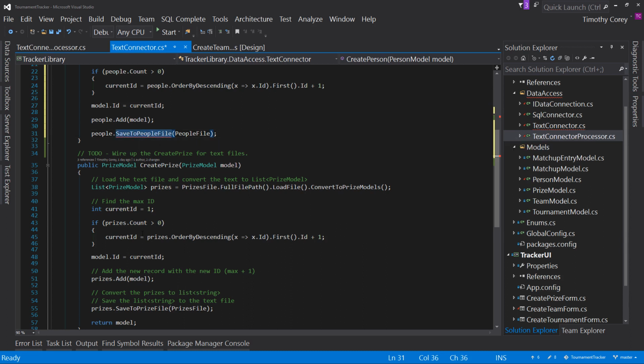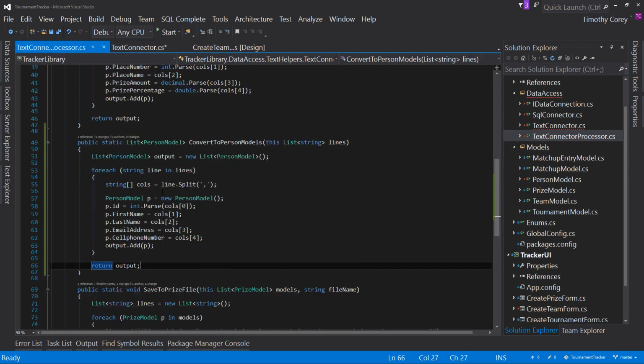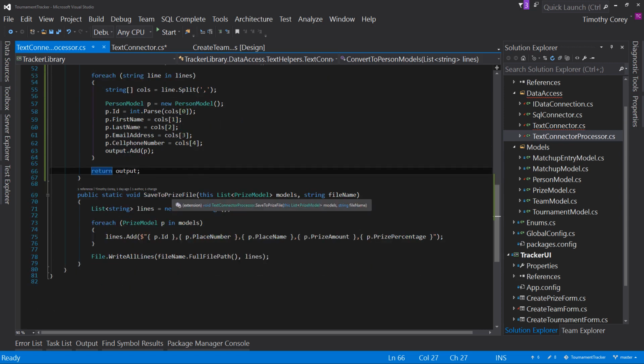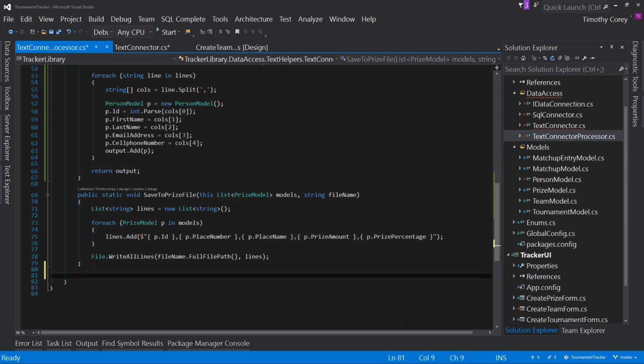Well, just like the save to prize file, we're going to create a save to people file. And that again is over here in the text connector, the text connector helper or the processor. Save to prize file. Well, we're going to public static void